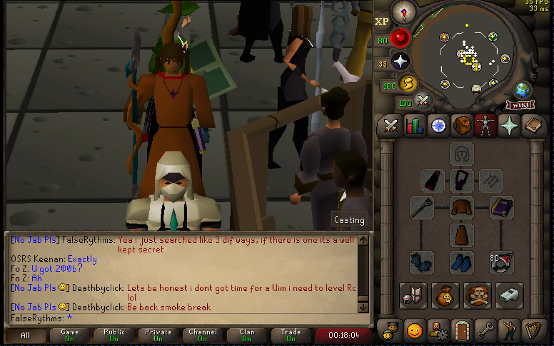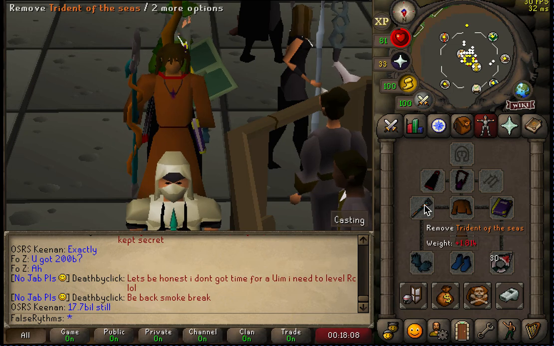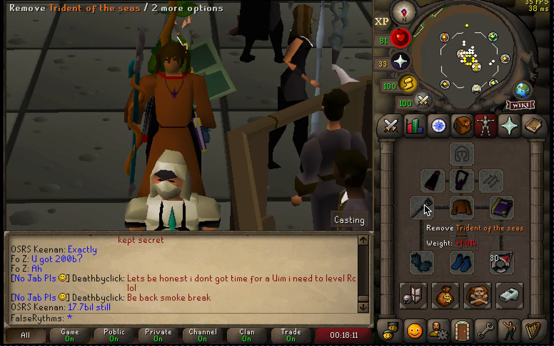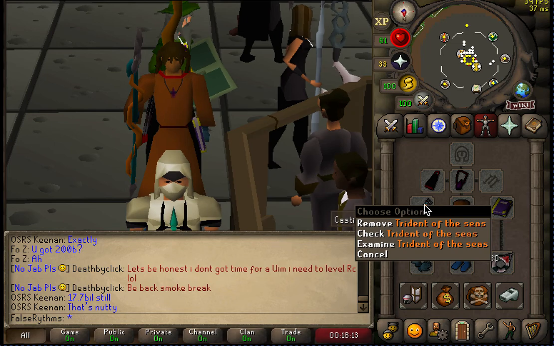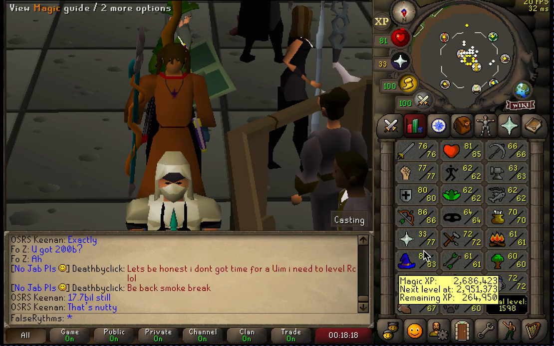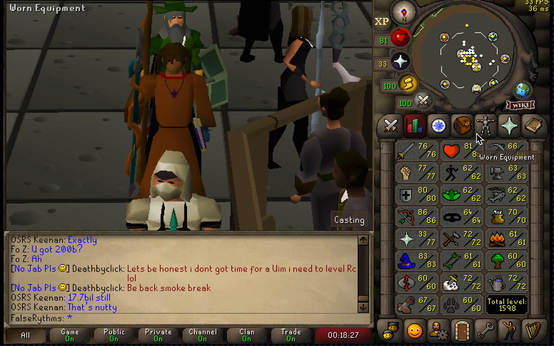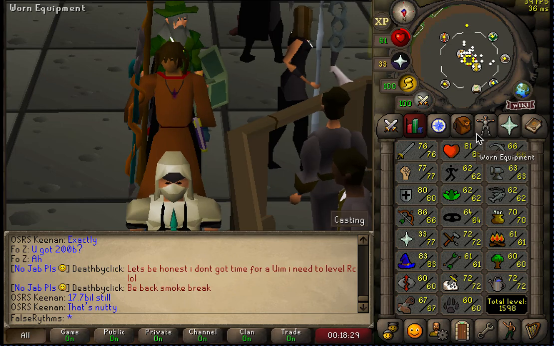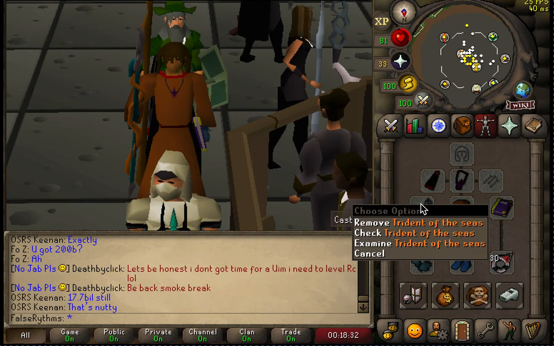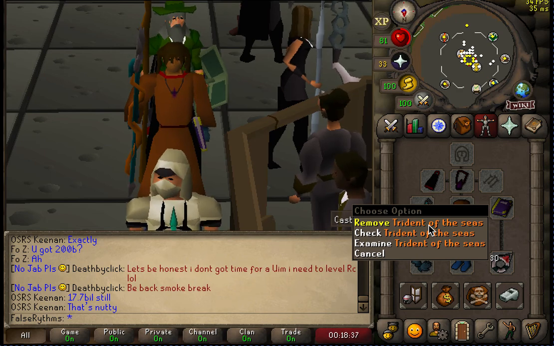As for the requirements for this method, what I have found and have been doing is the Trident of the Seas. There's kind of no way around it. 75 magic and 40 prayer. You could use an Iban's staff, which is super close. The Slayer Dart works just as well. Those two are super good alternatives. But as far as using range and stuff, or Iban's and the Slayer Dart, definitely just aim for 75